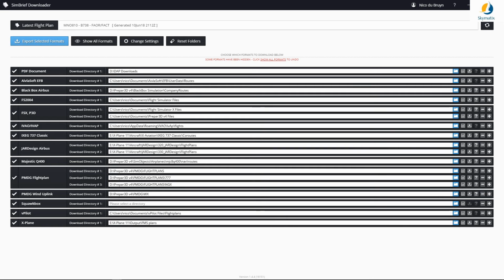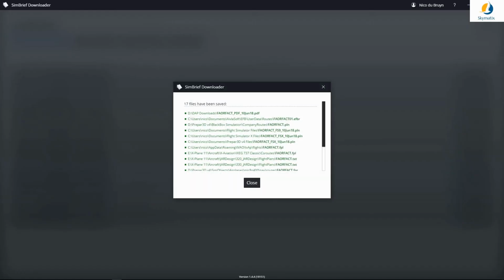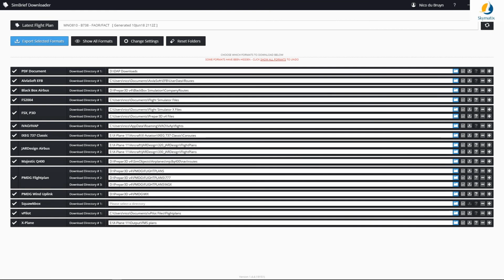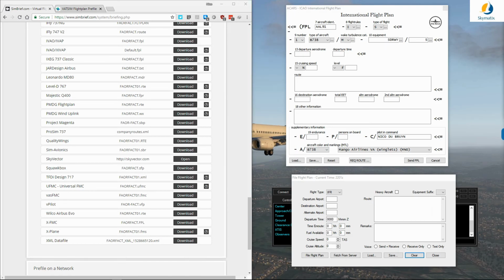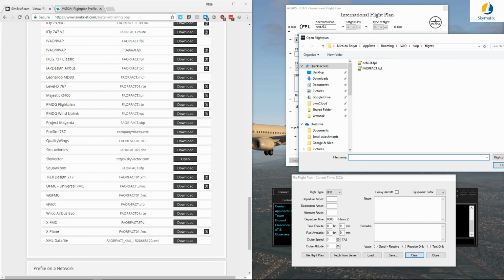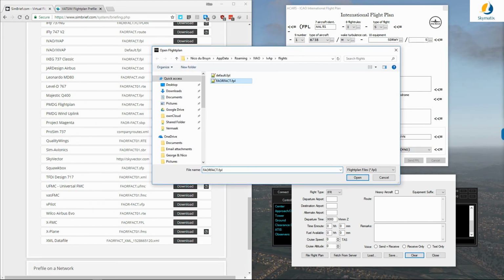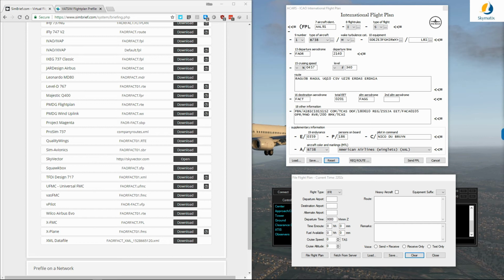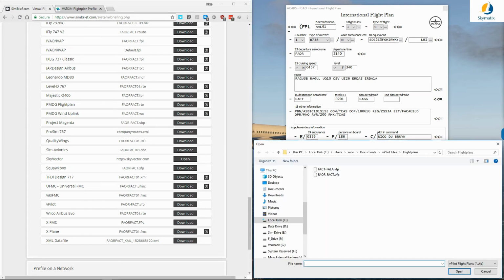So once you're happy with the flight plan and everything, we can simply export everything with one click, close it, and we can get rid of that little utility. So basically what that has done for us is it has saved the routes for us in the appropriate places. And there you go. No guessing. Sorry, I laugh every time I think about it. There's no guessing required, guys. You can just load it like that. And we can also do this